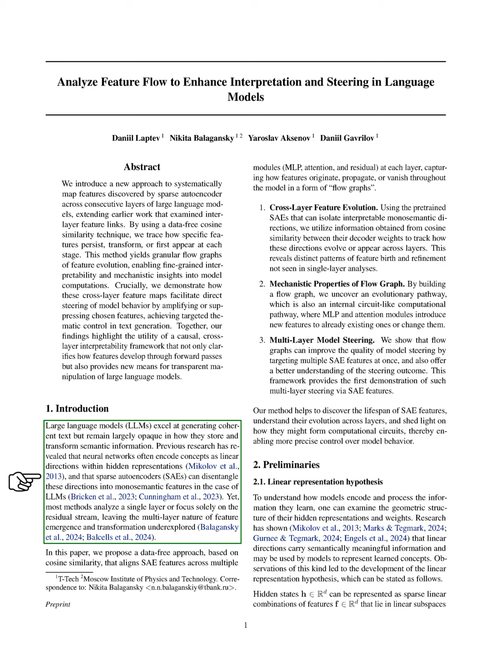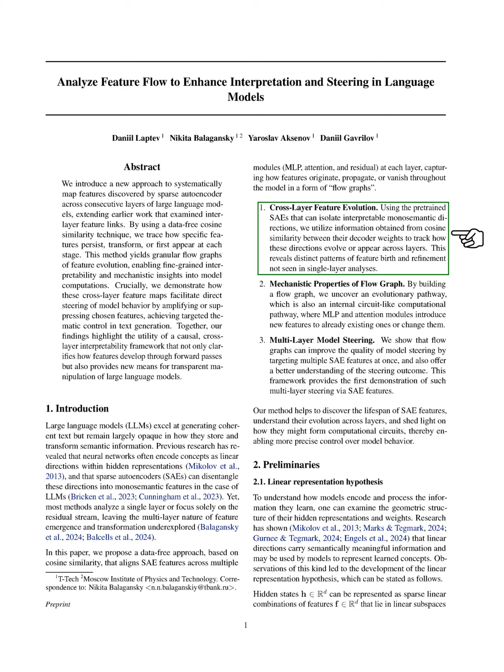as flow graphs. By utilizing pre-trained SAEs that can identify interpretable single-meaning directions, we analyze the cosine similarity of their decoder weights to observe how these directions evolve across layers. This analysis reveals unique patterns of feature emergence and refinement that are not apparent when examining just one layer. Our flow graph construction reveals an evolutionary pathway, akin to a circuit, where MLP and attention modules contribute new features